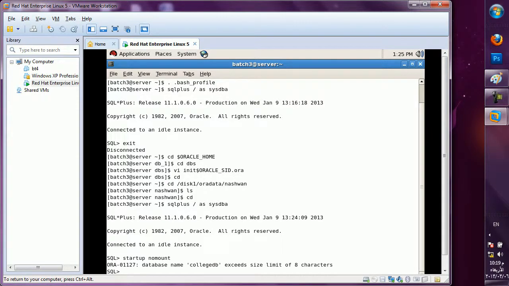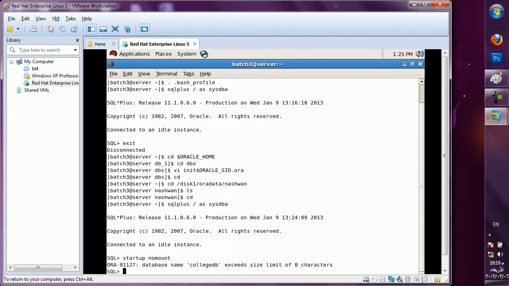See, database name college DB exceeds the size limit of 8 characters. Means up to 8 characters only you can give as the size. How many characters is it? No, 9.